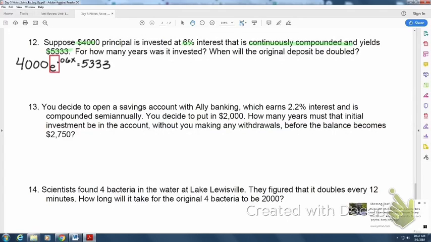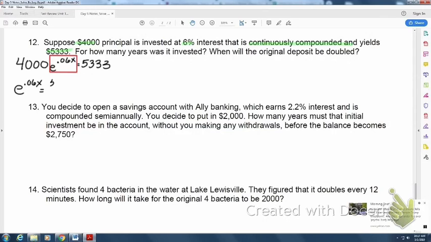So I identify the base that has the variable exponent. To get that red box by itself, what do I need to do first? Not subtract. Divide by 4,000. So I've got e to the power of 0.06x